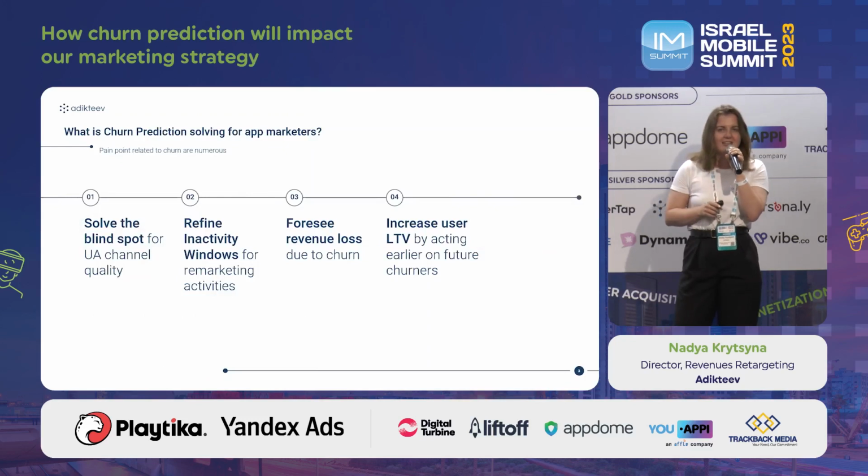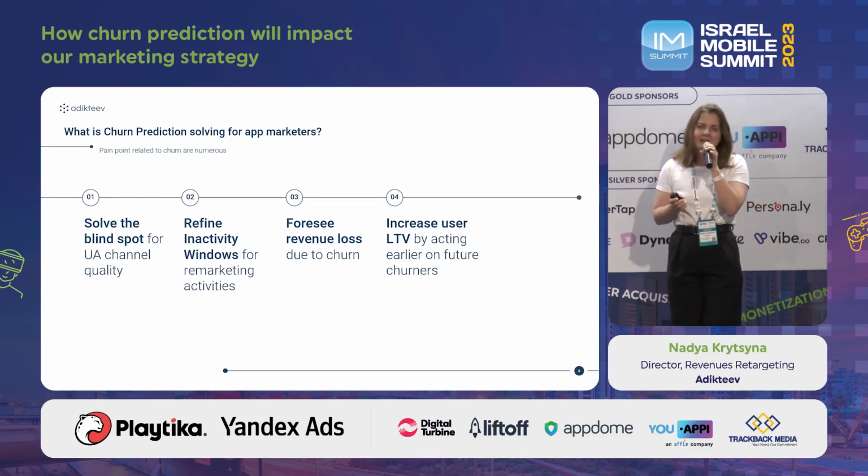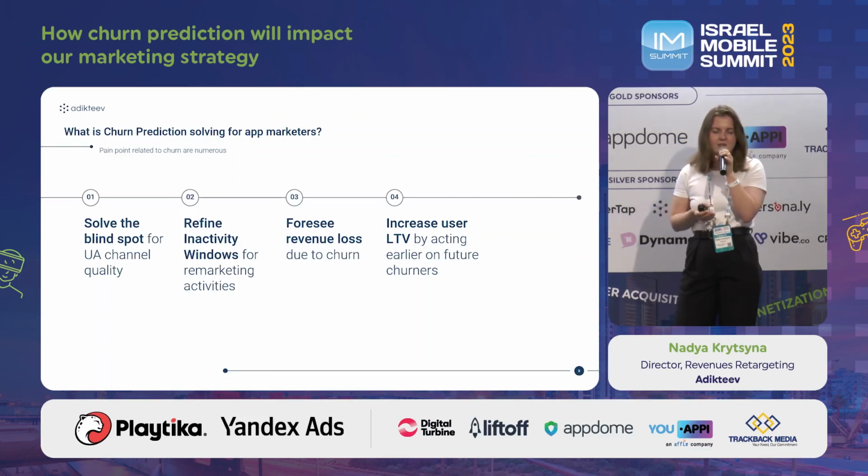So, churn prediction actually solves a lot of issues. First, it complements user acquisition at the right time by reinforcing their interest in the right moment and keeping them safe in the application. It also gives you flexibility in stepping back a bit from the inactivity window and finding a more effective point to re-engage the users at the time when they should see the ad, not to leave the app. Also, what you're able to do with churn prediction is foresee the outcomes in terms of financial losses in case you are not bringing those users back.